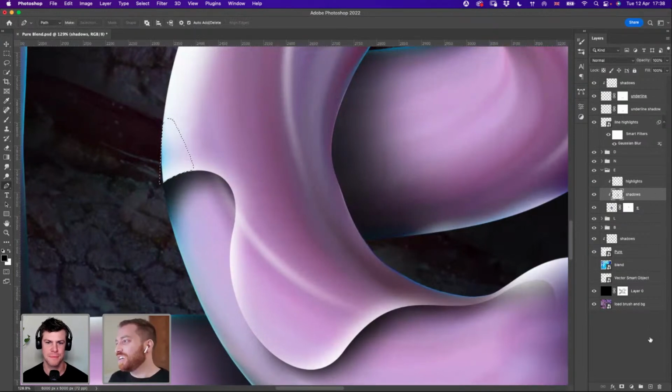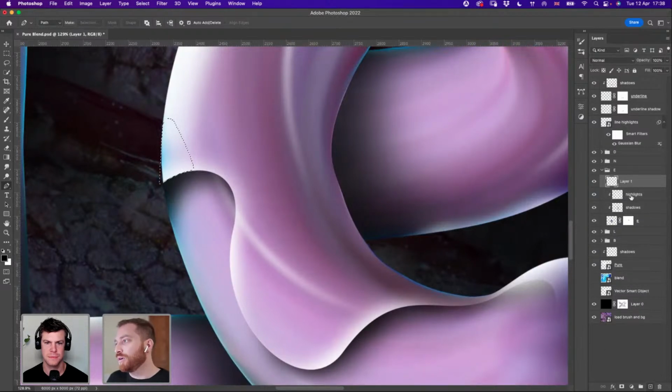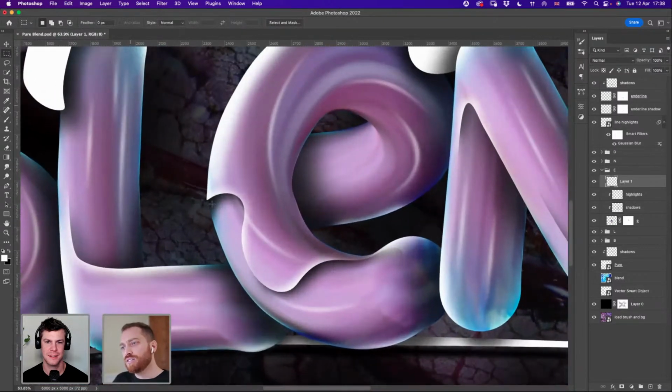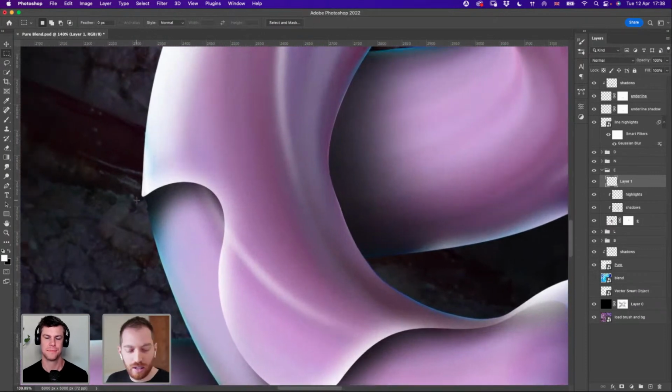So I will make a new layer above all, but not a clipping mask this time. And I would leave it without a name. I don't know how to name that. Let's see if that does what I have in mind. I think it's better, but we can make it even better.